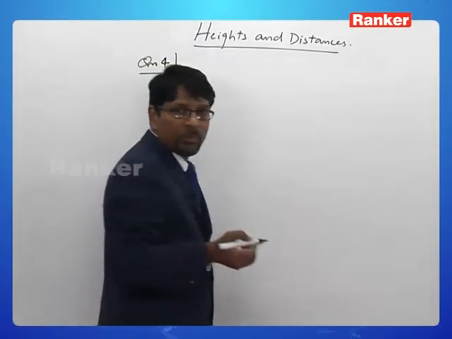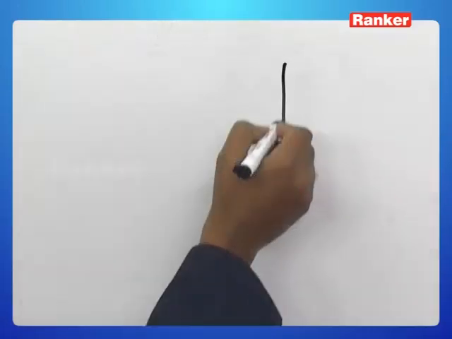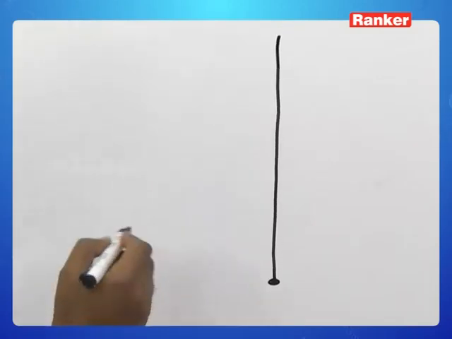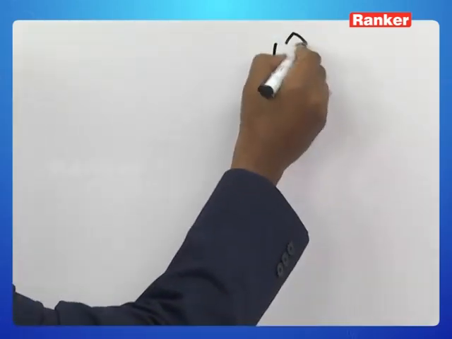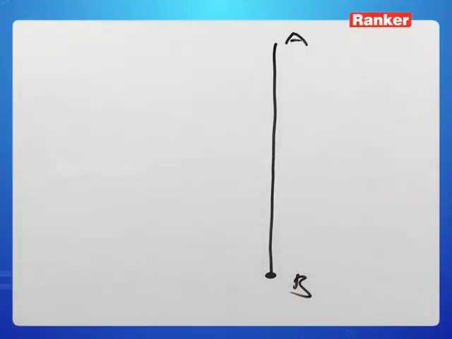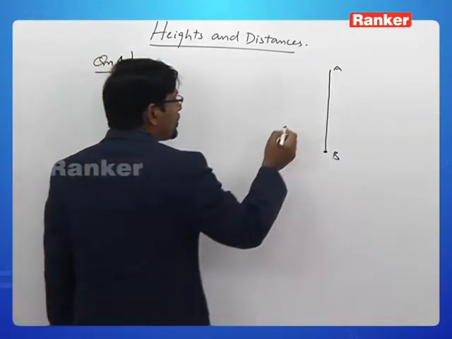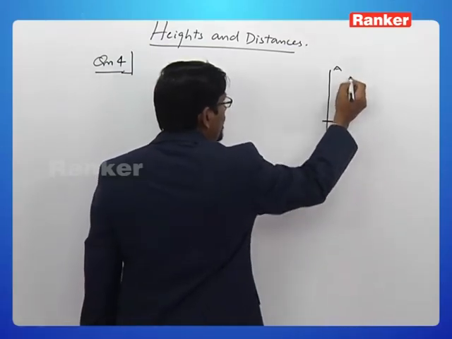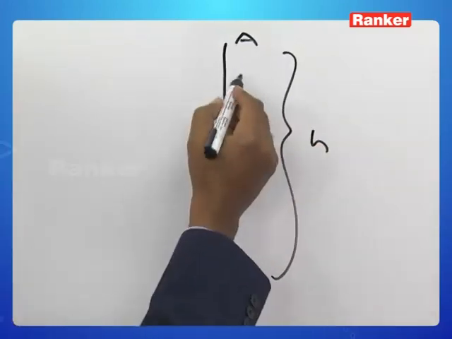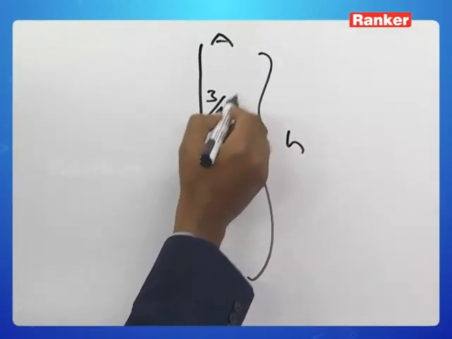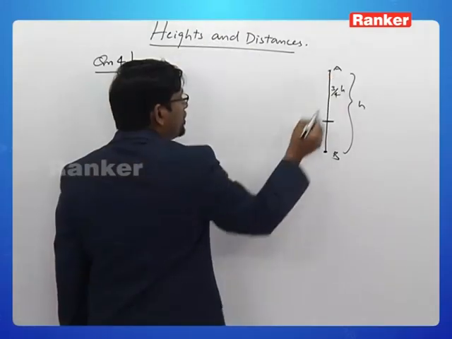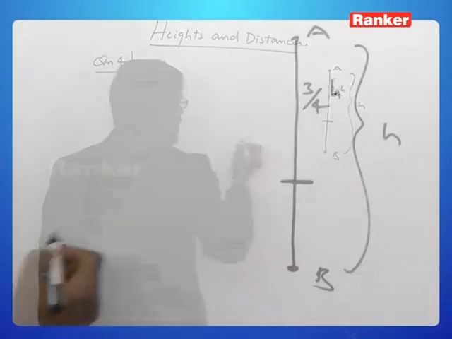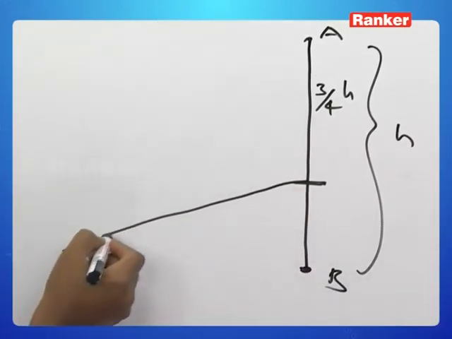Now, we have a vertical pole. This is the ground level, let us say. Vertical pole, let's call this AB. B is at the ground level. Now, 3/4 of this, let us say the entire thing is H. So, 3/4 of it, that is 3 by 4 H. This portion, at a point 40 meters away from B, this portion is subtending an angle